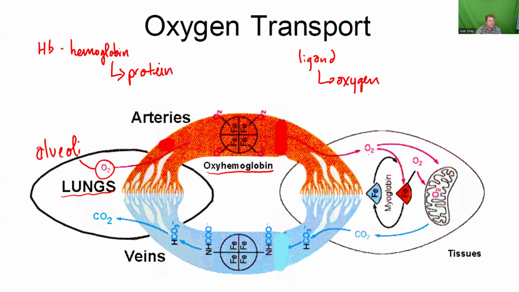That oxygen then gets deposited in these tissues and gets picked up by another protein known as myoglobin. Myoglobin can hold on to that oxygen, and then whenever the cell says, hey, I need more oxygen, myoglobin says, all right, here you go, and it releases it. Now, the reason that we've got to get oxygen to these peripheral tissues is so that this little structure right here